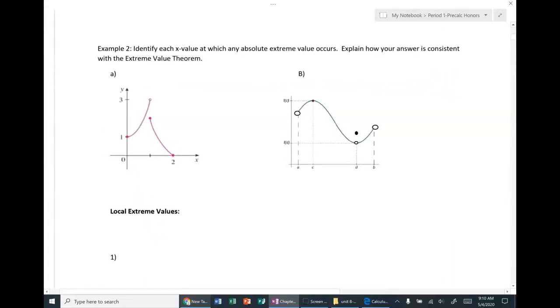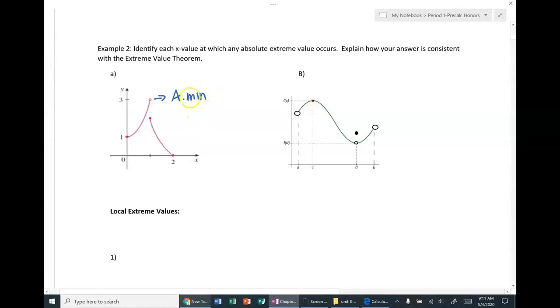Example 2, identify each x value at which any absolute extreme value occurs. Explain how your answer is consistent with the extreme value theorem. So first, let's look to see if we have the highest of the highest. If you look at this very top value, that is the highest of the highest, but that's an open circle. Therefore,